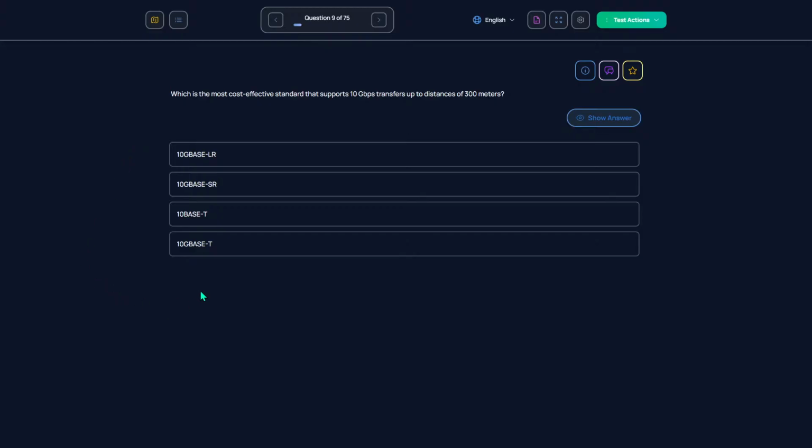Oh gosh, that is... 10 gigabit base. Is it short range?